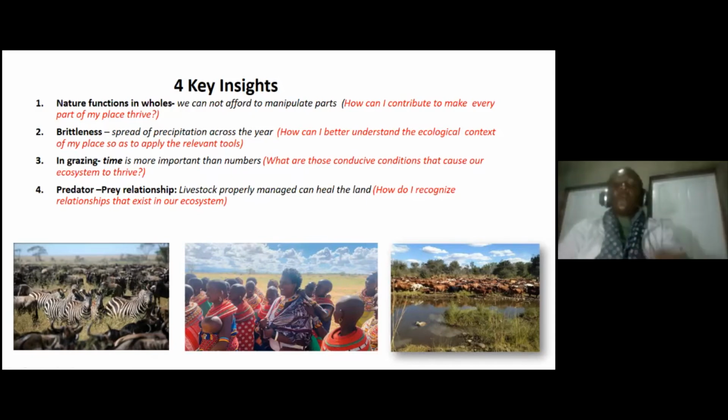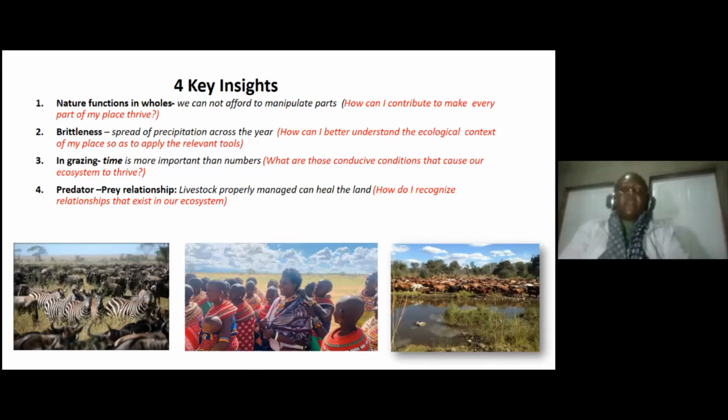So now it calls for us to understand the ecosystem processes. And then in grazing, whether you're grazing goats, sheep, or cattle, time is more important than numbers. You're talking about how much your grass plants or tree plants are exposed to an animal before the next grazing, which is what we call recovery in holistic management. In drier regions, recovery takes longer. And in more moist and rapidly warm regions, recovery takes shorter, and so you can graze the same place over and over in a short space of time because growth is rapid.